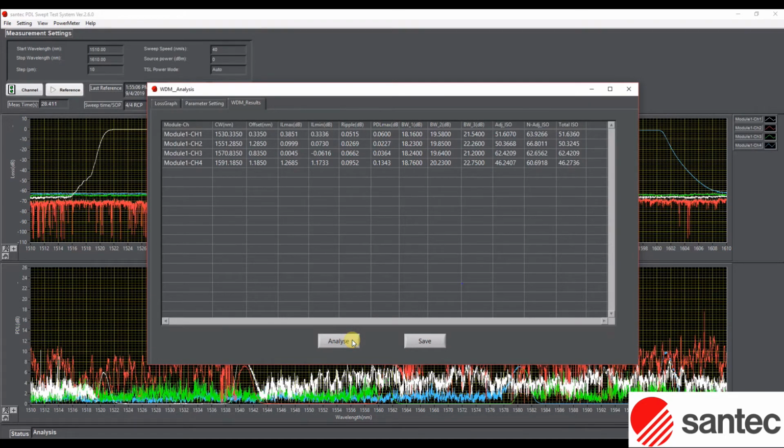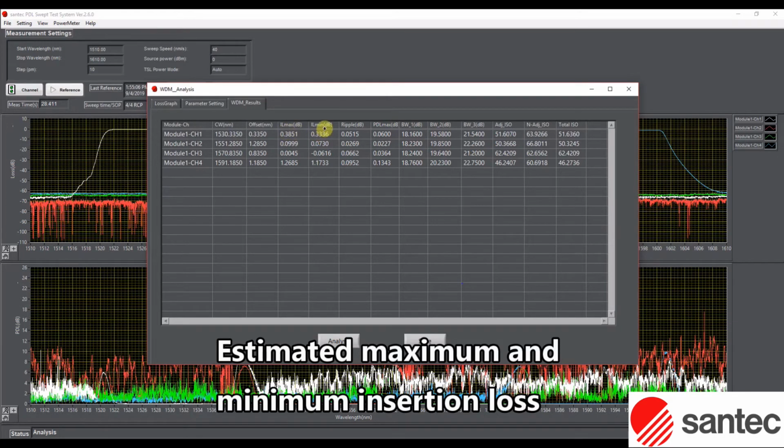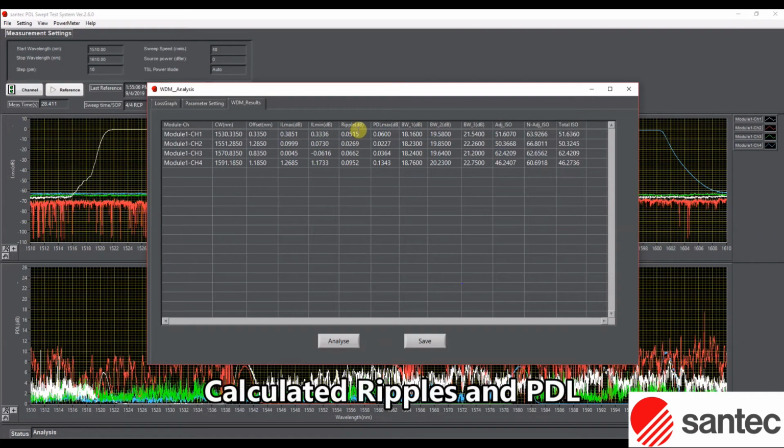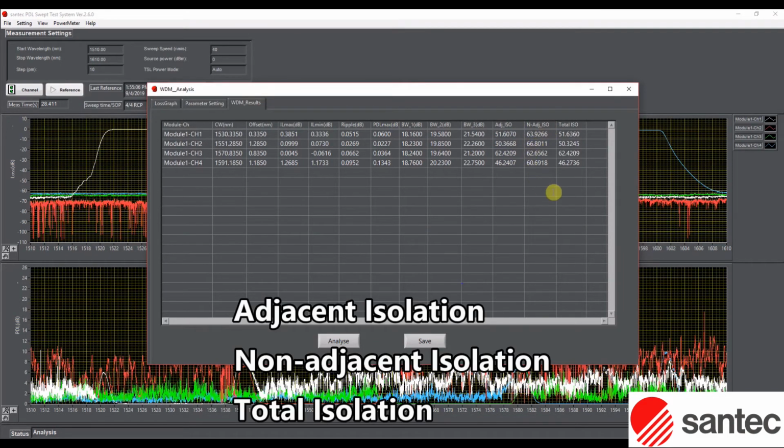on this window. On WDM Result tab, calculation results for all measured channels are summarized. So respectively are listed calculated central wavelength, the offset between theoretical and calculated central wavelength, estimated maximum and minimum insertion loss at central wavelength, and the next column will display the calculated ripple followed by the maximum calculated PDL. Bandwidths at previously entered 3 levels, here namely 1, 6 and 20 dB down, are shown in these columns. The last 3 columns are related to isolation, so first adjacent channel isolation, then non-adjacent channel isolation, and finally the